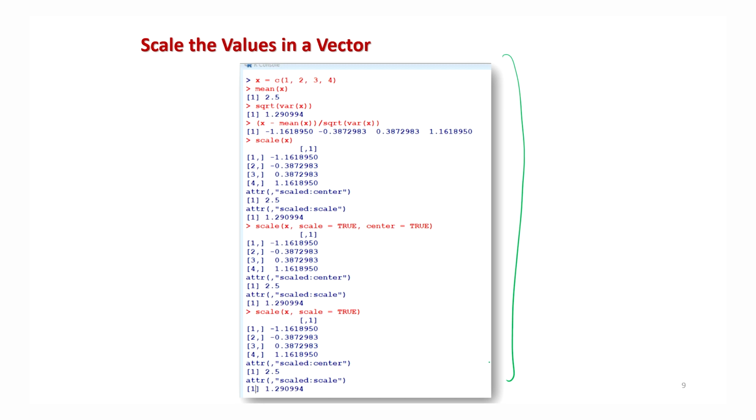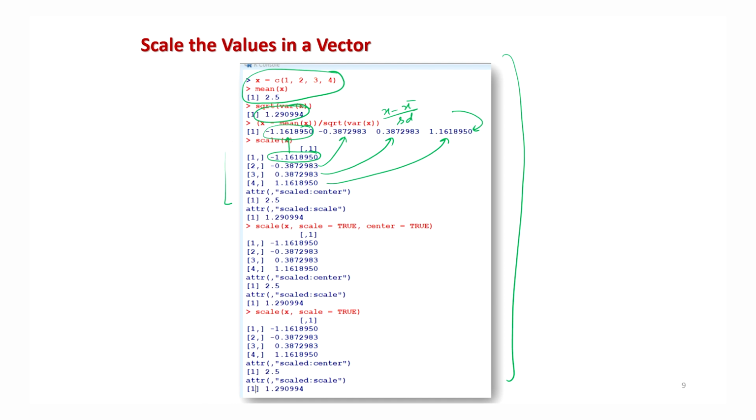I can show you here that this is my data whose mean is 2.5 and standard deviation is 1.29, and when I scale them by x minus x bar upon SD, this comes out like this. And when I use this scale function, you can see this function is matching with this, this is matching with this, and this is matching with this, right?